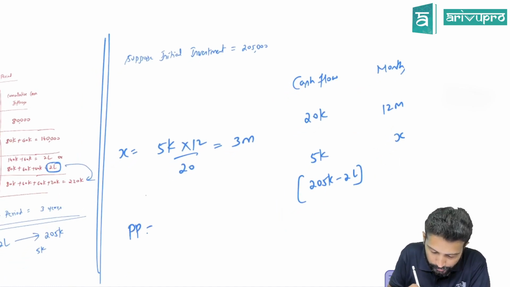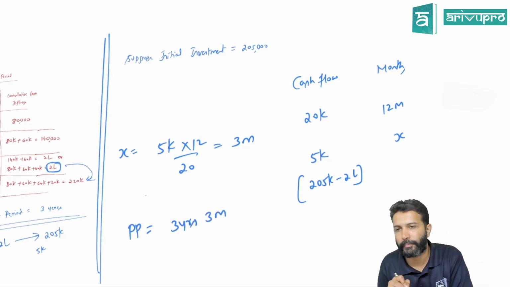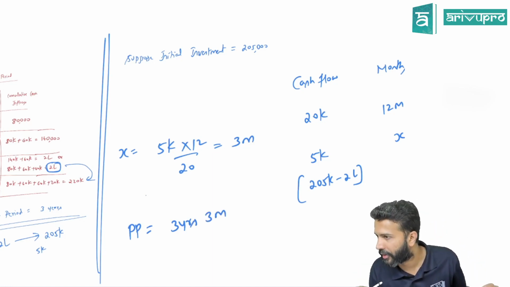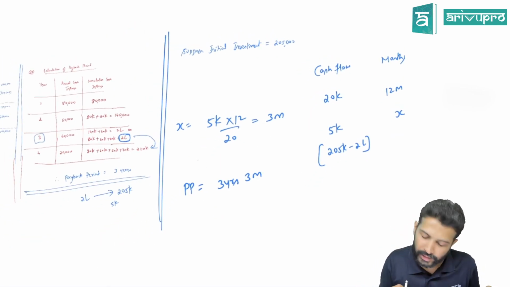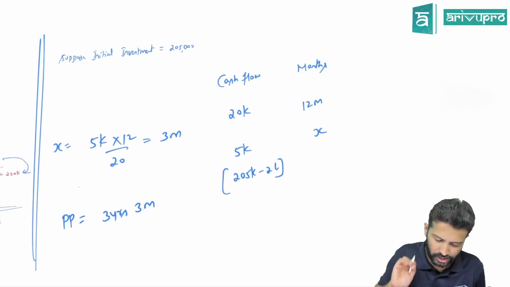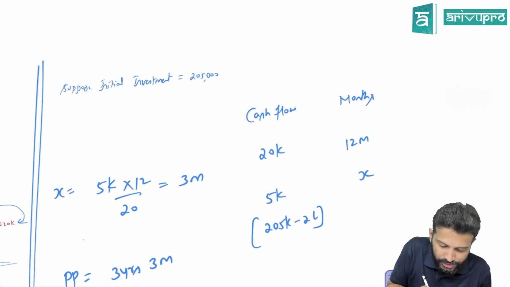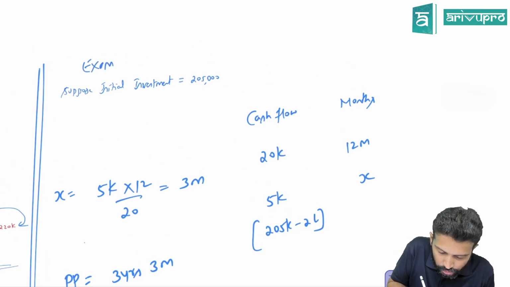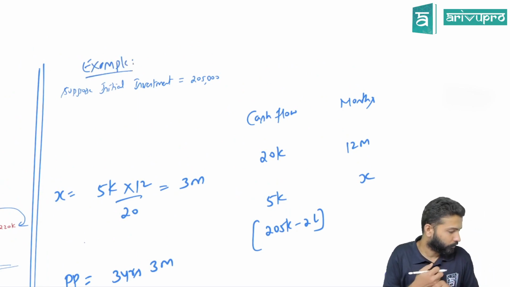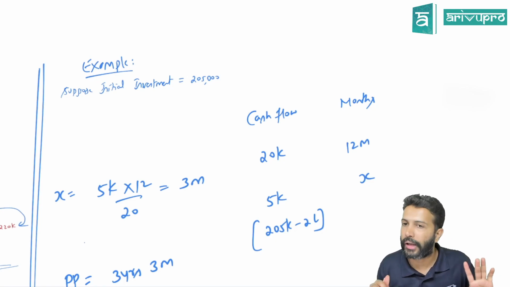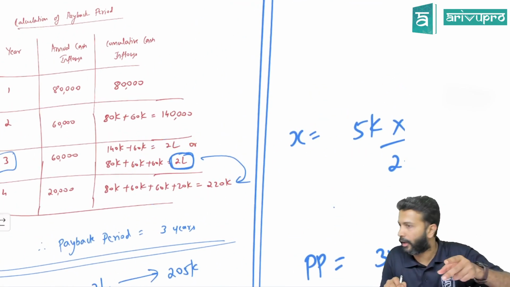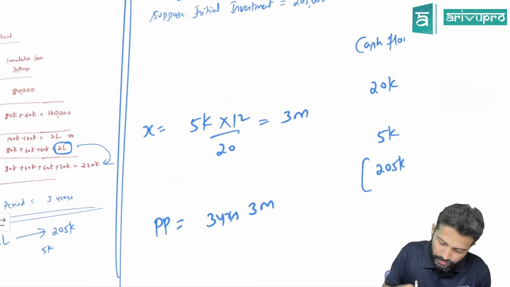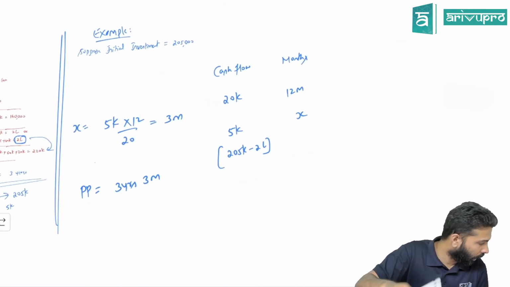Therefore, your payback period is not 3 years. It is 3 years and 3 months, or rather 39 months also. If you want, you can write. So in about 3 years and 3 months, you will be able to recover all your investment. Okay, that's the thing. If you want, you can just copy this also. This is an if scenario. This also could come in the examination. So now everyone clear how to calculate? It's not necessary that it should perfectly tie out. It could be different also. If it is different, you'll have to do it like this. Online cool now, everyone?